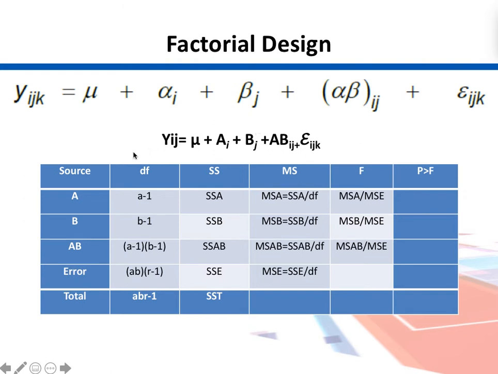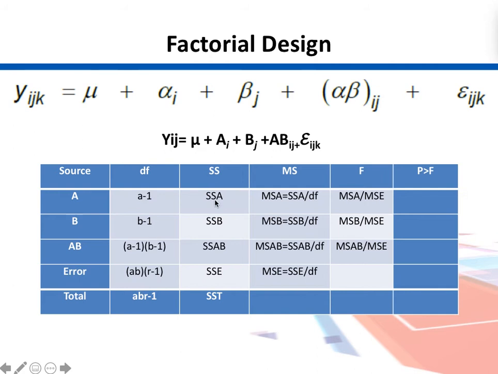Same way in the ANOVA, analysis of variance table, we have all these factors down there. So we have A here, B here, AB, and the error term. Degrees of freedom goes like this. For A it is a minus 1, that is the levels of this factor A. How many levels are there? We represent them with this small letter a. Levels of B are represented by this small letter b. So a minus 1, b minus 1, and for the interaction term it is a minus 1 into b minus 1, and for error ab into r minus 1, where r is the number of replicates.